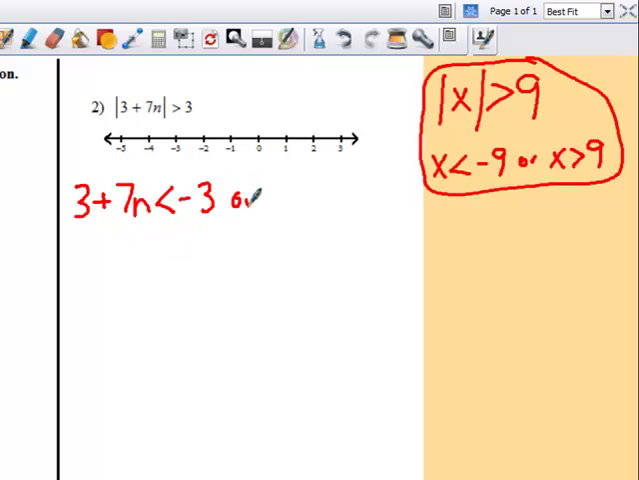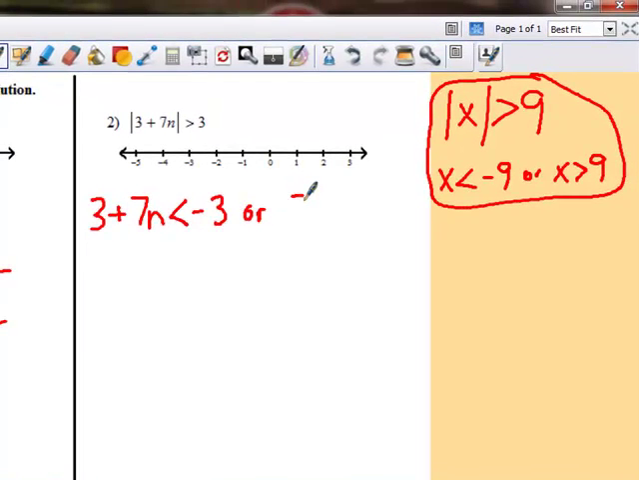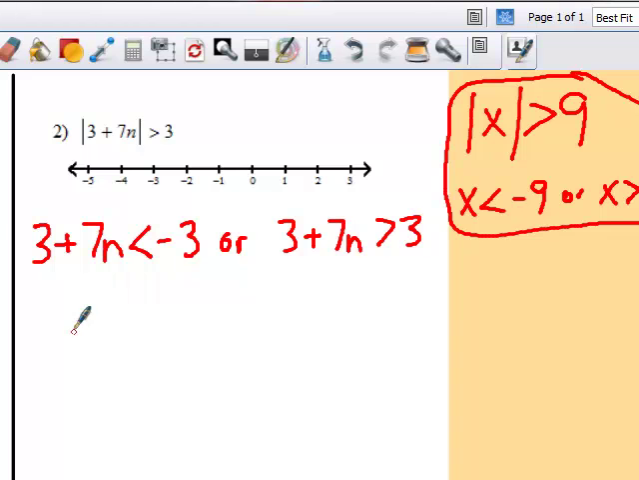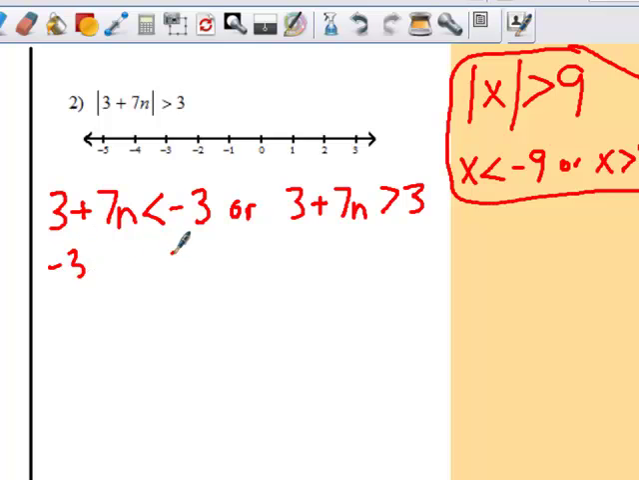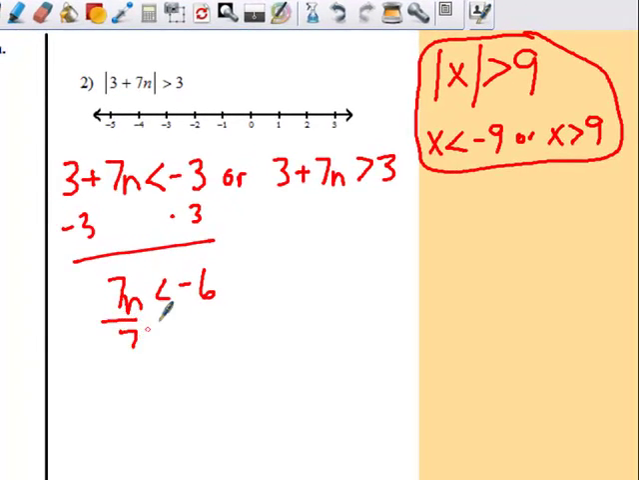And the other part is going to be, or you will accept anything. So in this case, 3 plus 7n is greater than 3. And that's the part where you just drop the absolute value bars. Again, it's based on this simple case right here of the absolute value of x is greater than 9. There's going to be two solutions to this, or two parts to the solution. So let's quickly solve the two pieces and then graph it. I'm going to subtract 3 on both sides, and what we get is 7n is less than -6. Divide both sides by 7, and we're going to get anything less than